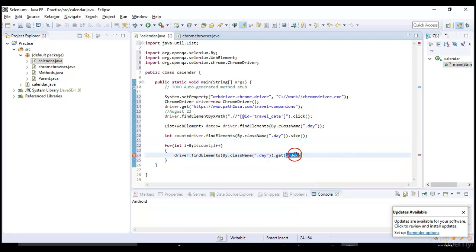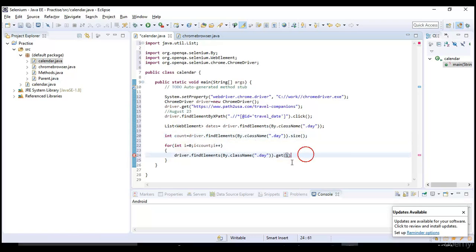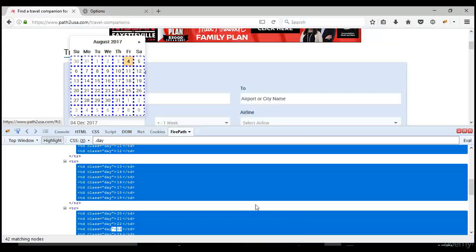I'll pass i, because the loop starts with 0, 1, 2, until the count, the maximum number of elements present in it. So when I say get of 0, the first item will be in this list. What is that first item here?